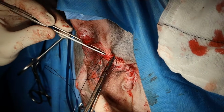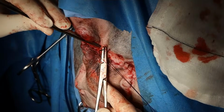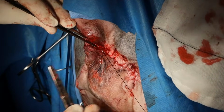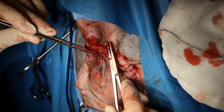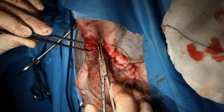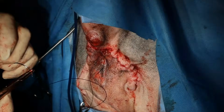So if the anal sphincter has necrosis, I've never seen that happen before. I would imagine, I mean, you can resect half the anal sphincter. As long as you reconstruct it, you're not going to have an issue with fecal incontinence. I've done that many times with anal sac adenocarcinomas. So I think that by itself, necrosis of the anal sphincter, number one, never seen it. Number two, if I did see it, if it's limited to a small area, you could resect it. If it's not limited to a small area, I think